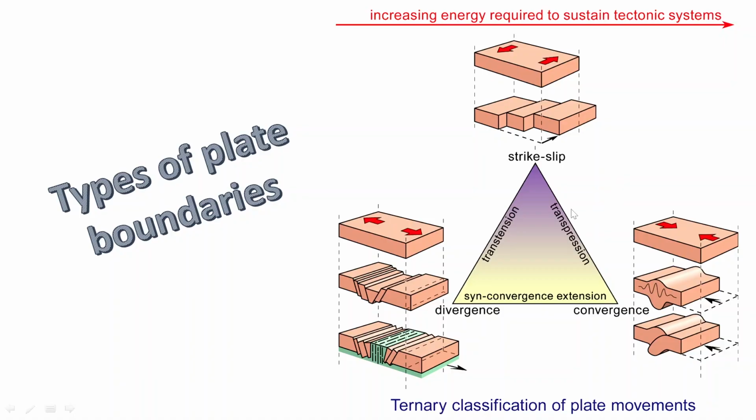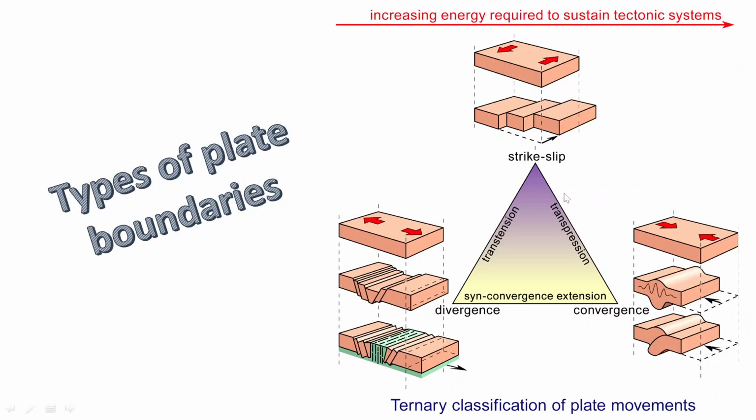So there is no subduction to consume, or new oceanic floor material is not being created at your strike slip plate boundaries. So this ternary classification scheme shows the three end members: strike slip plate boundaries, divergent plate boundaries and convergent plate boundaries. Sometimes there are a few examples across the earth as well, where you can see a combination